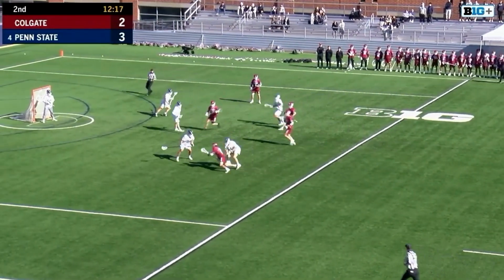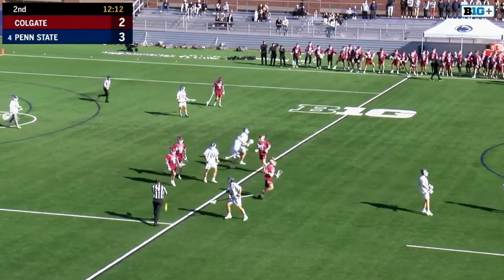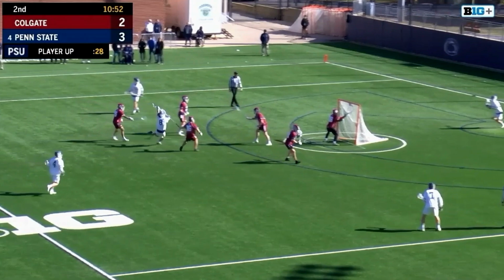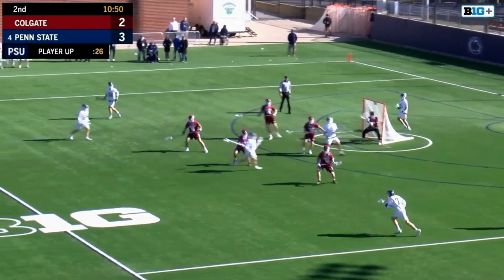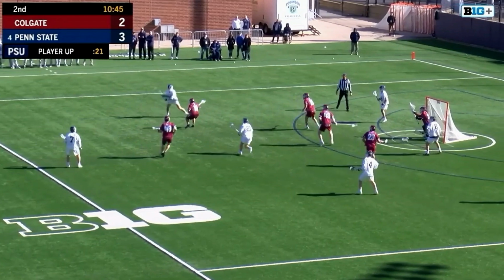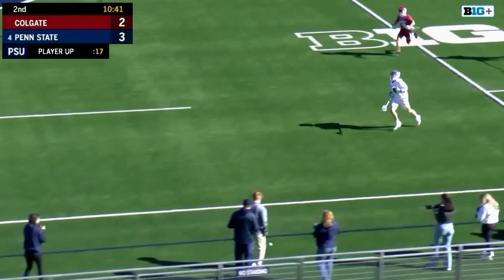There is Minikis. And he is taken down, and that's going to draw a flag. Kyle Aldridge, the one that took him down. This year playing without his brother Jack for the first time in his collegiate career. Malone brings it over the Big Ten logo. Tosses it off to Trainer, who's ready to rip, and then tried to pass back to Malone. Pass goes out